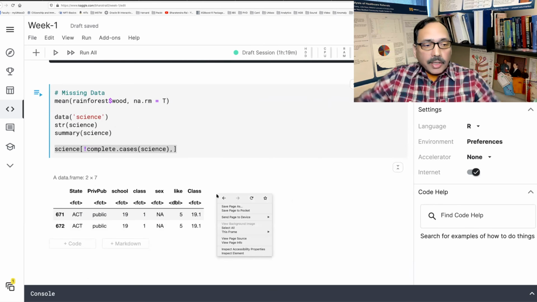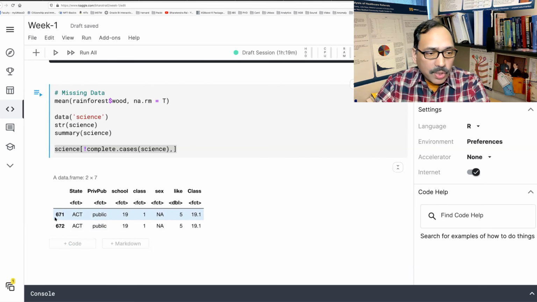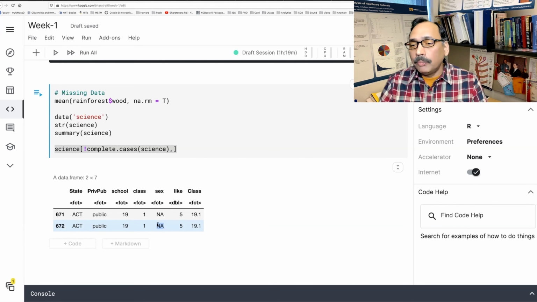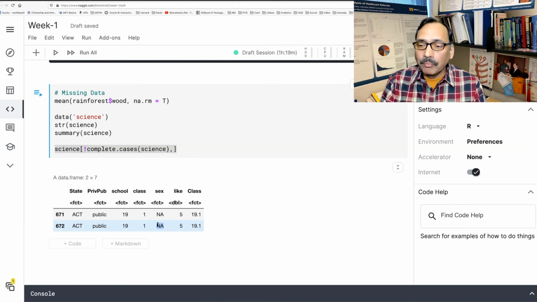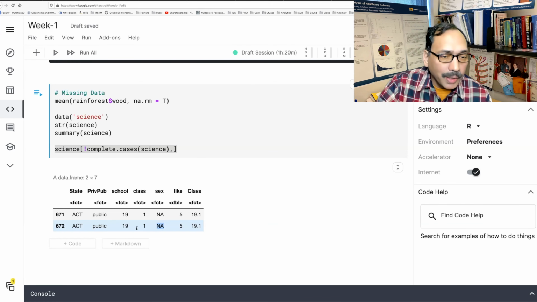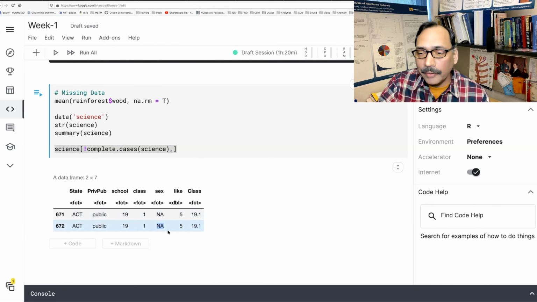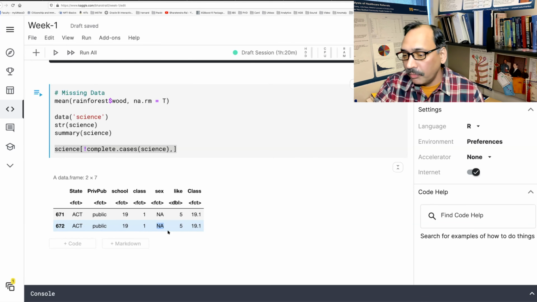So out of all the data, it will only list those cases where you have NAs for this variable. Out of thousands of data points, if you look at the other variables, you may be able to judge what this is likely to be. And if you can replace NAs with actual values, well and good. Otherwise, you may have to find some way to handle that.